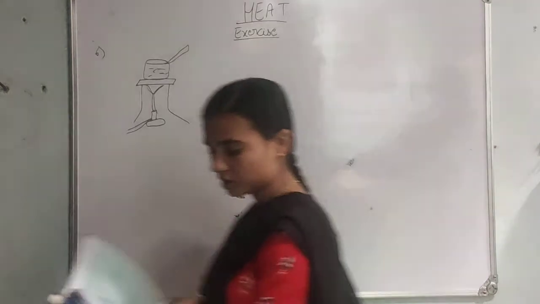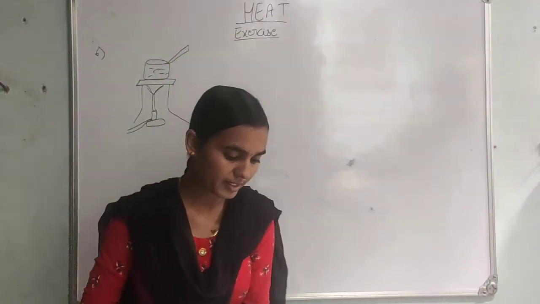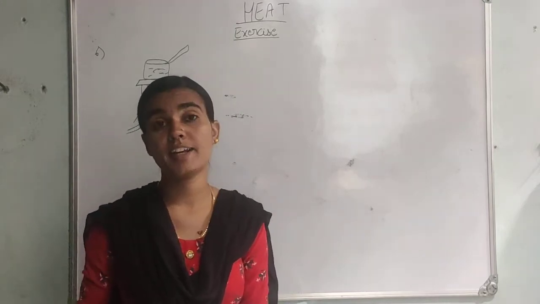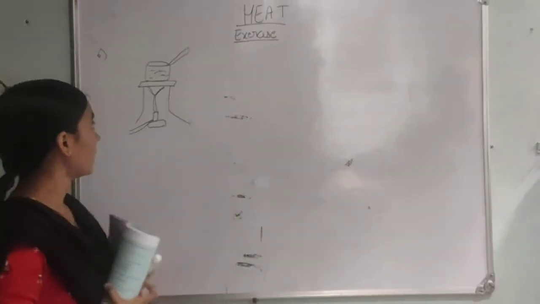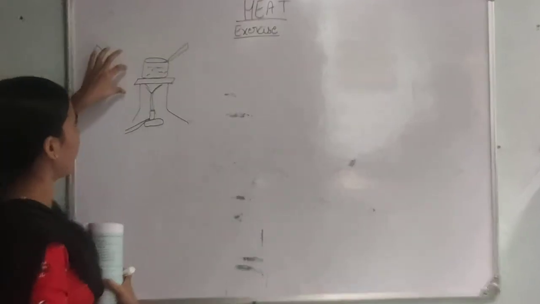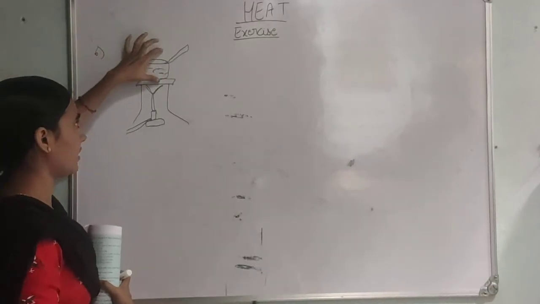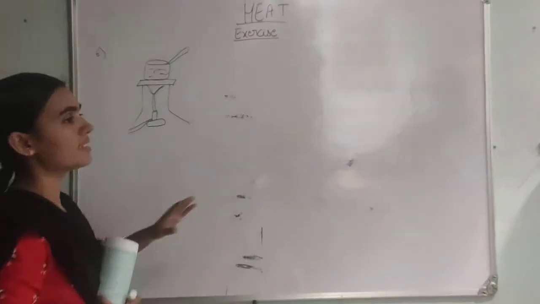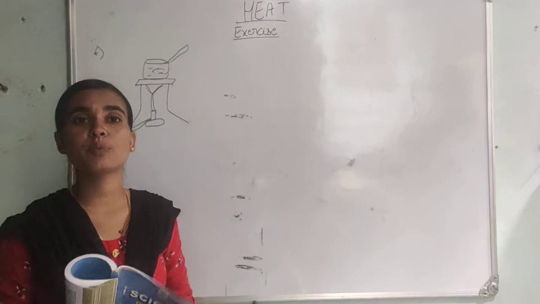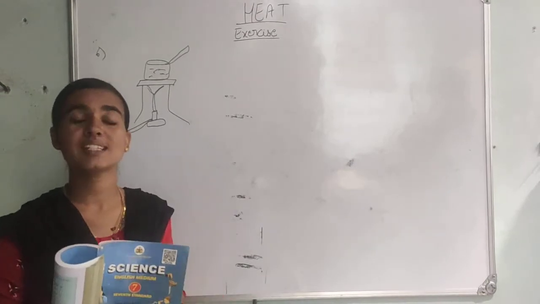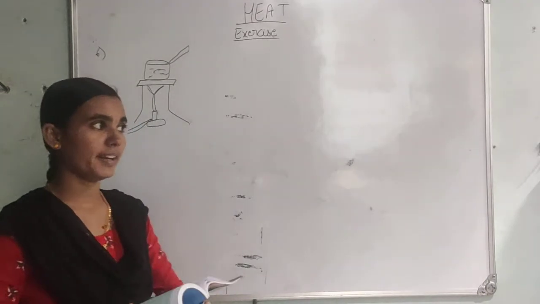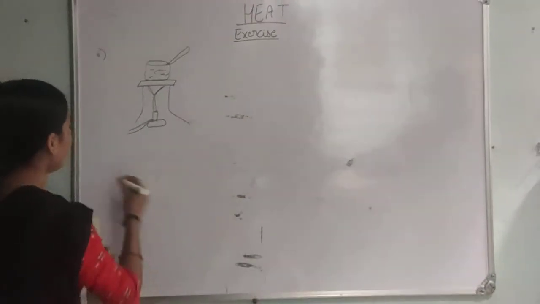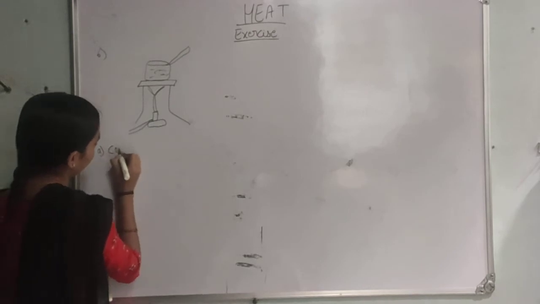So sixth question, look at the figure and mark where the heat is being transferred by conduction, by convection and by radiation. So here they have given a diagram. They have taken a flame and a wire gauze, and a bowl. In that bowl they have taken water, and in this diagram we have to identify the three modes of heat transfer: the conduction process, the convection process, and also the radiation process. So first, the conduction process. So where are we observing the conduction?